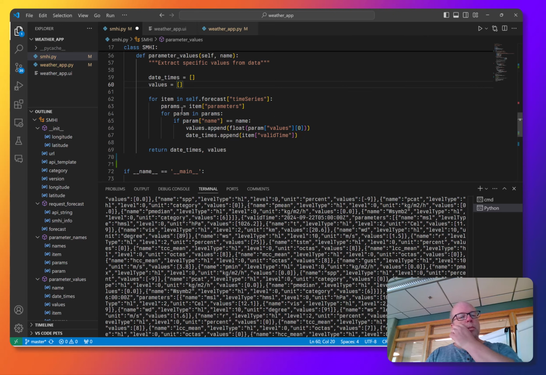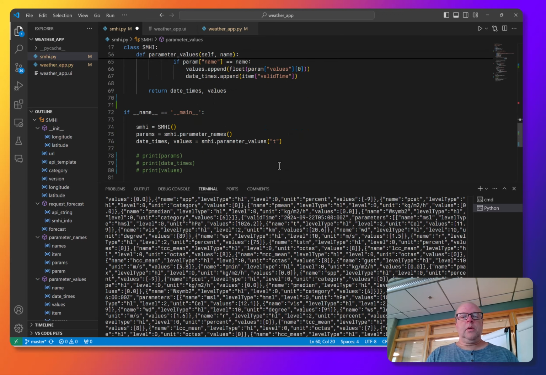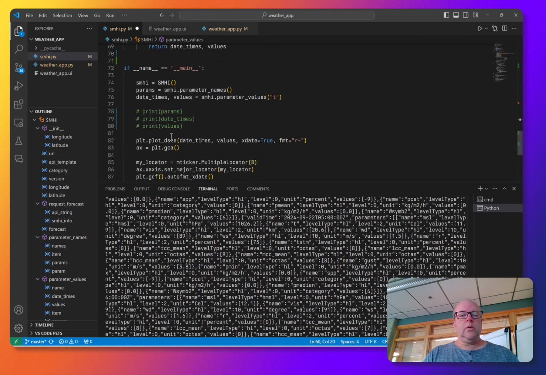And then I get the parameters here, which is the item. There's a dictionary here with parameters. And then for parameter in parameters, I check if parameter name is equal to name. I append them to the list here. Because this is a dictionary, dictionaries and a list, you have to loop over it and extract the data. So if we continue here,